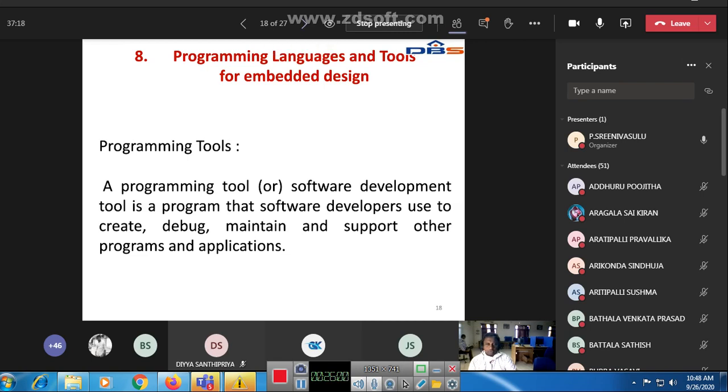So, programming tools. A programming tool or software development tool is a program that software developers use to create, debug, maintain, and support other programs and applications. What is the meaning of this? Programming tools means